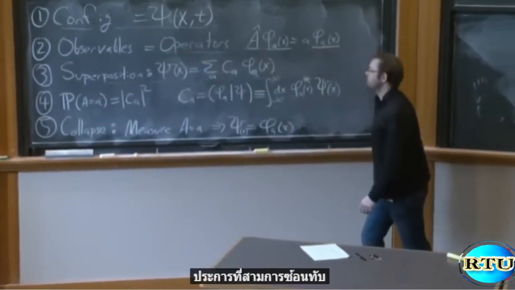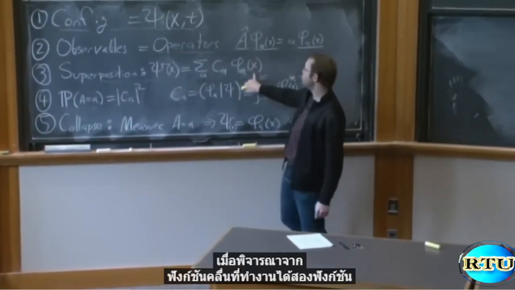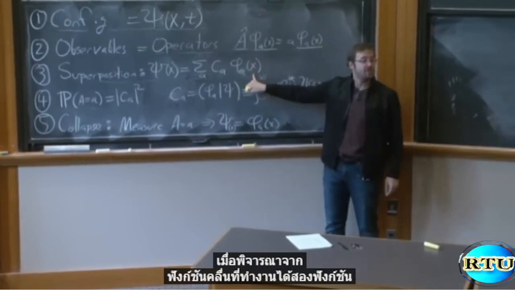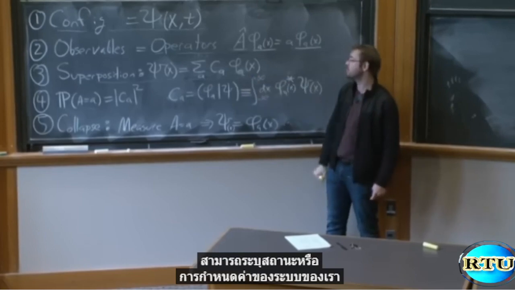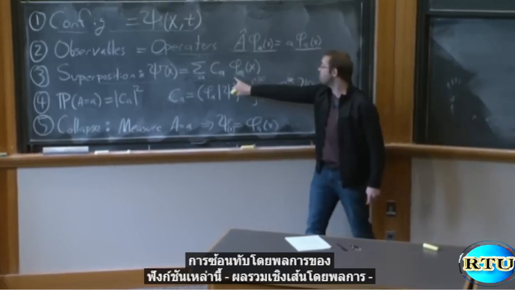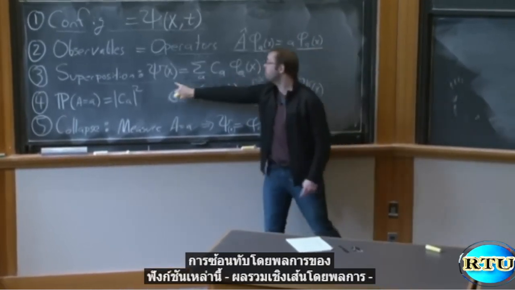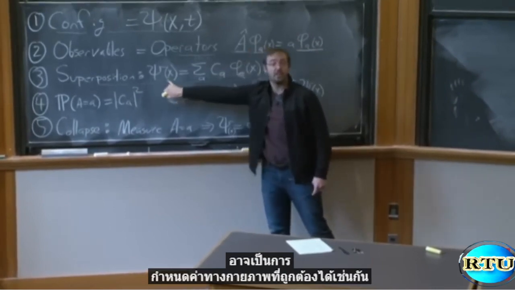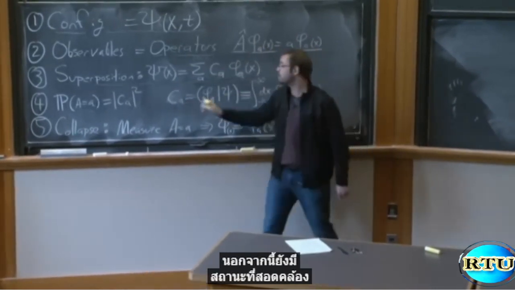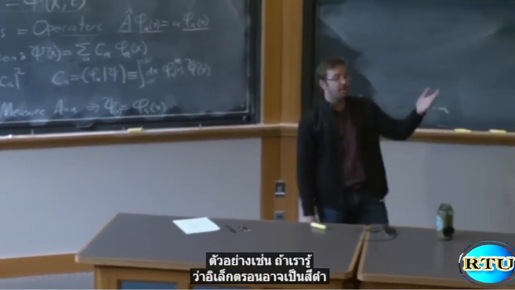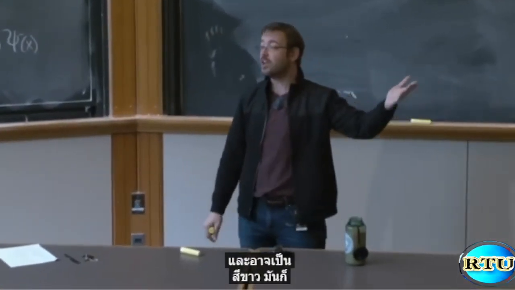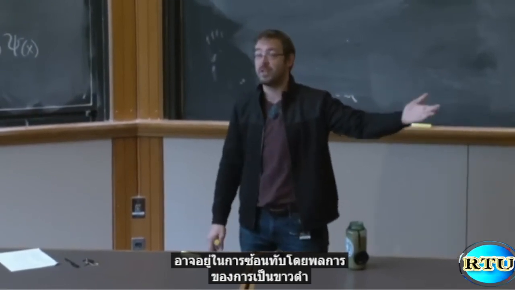Third, superposition. Given any two viable wave functions that could describe our system, that could specify states or configurations of our system, an arbitrary superposition of them, an arbitrary linear sum, could also be a valid physical configuration. There is also a state corresponding to being in an arbitrary sum. For example, if we know that an electron could be black and it could be white, it could also be